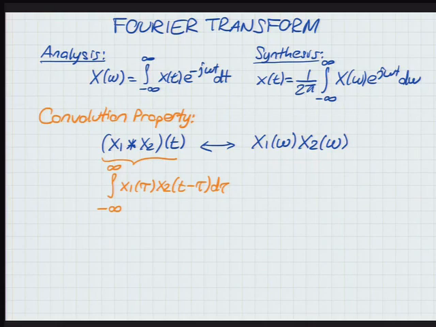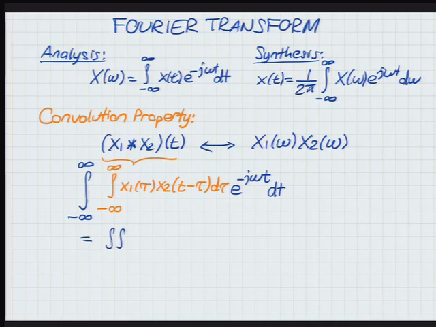Now we're going to take the Fourier transform of this, right? So what results from this integration is a function of time. Tau disappears once we integrate over tau, so what remains is a function of t. So to find the Fourier transform of this, we apply the analysis equation, which means we multiply this with e to the negative j omega t and integrate over t. Okay? So essentially when you combine the two, you have 2 integrations, one over t, the other over tau. And I can always swap the order of those integrations, and if I do that, so if I switch the order,